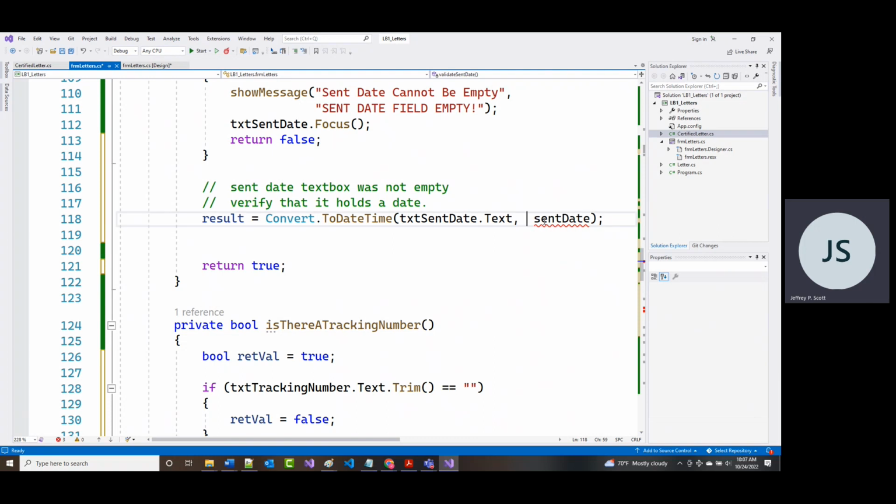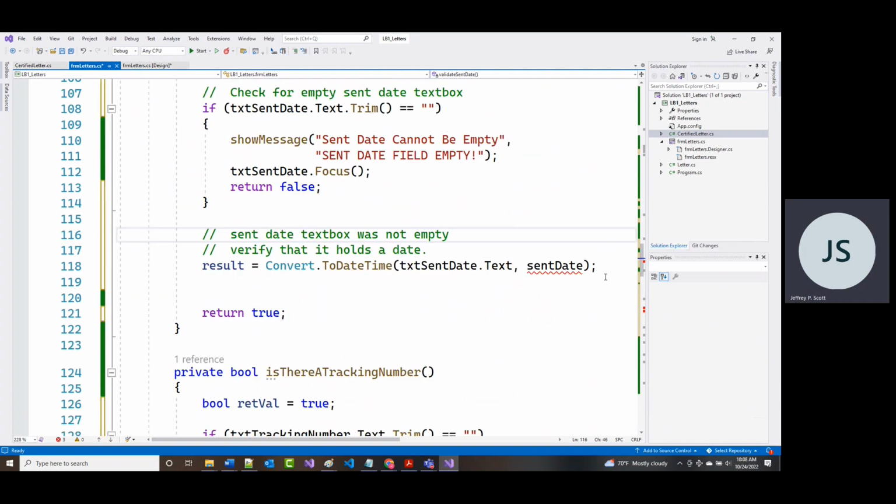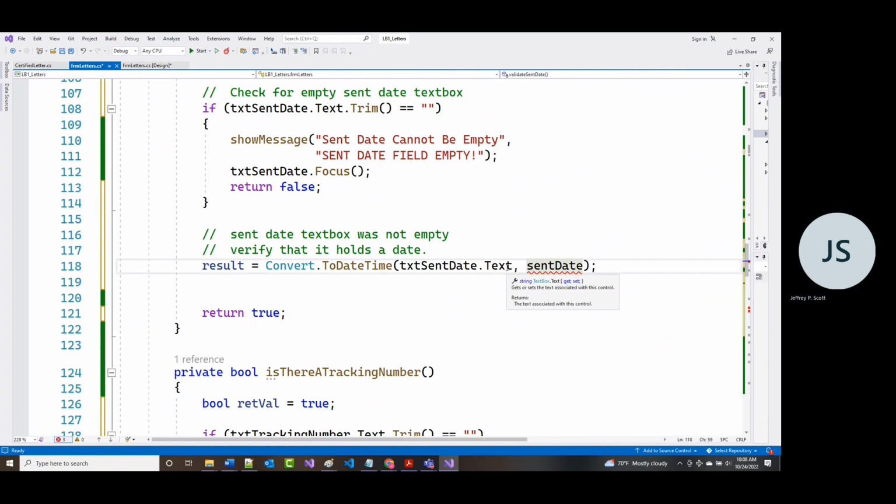Usually it likes it with the operator. So what's the problem here? It's not convert from System.DateTime to System.IFormatProvider. That's interesting. Okay, I think we're going to do it like this. Out